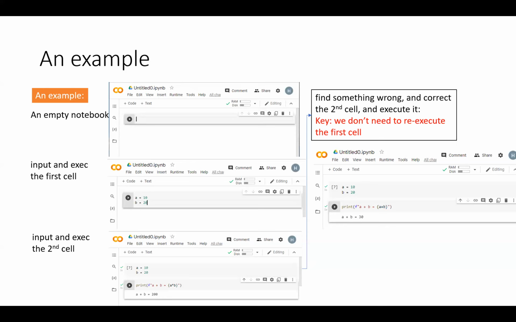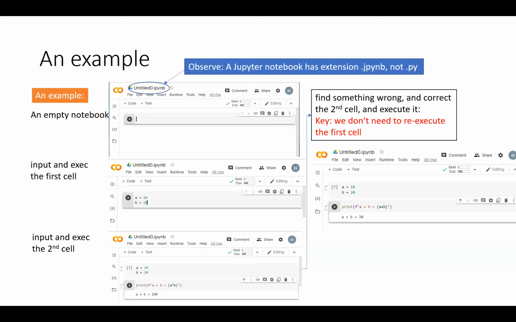So you need to be a little bit aware that for this kind of program developed with Jupyter Notebooks, its extension is .ipynb, Jupyter Notebook, .ipynb, not .py. So this is the one you need to be aware of, but it is not that